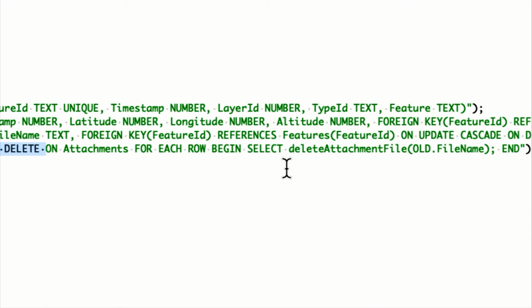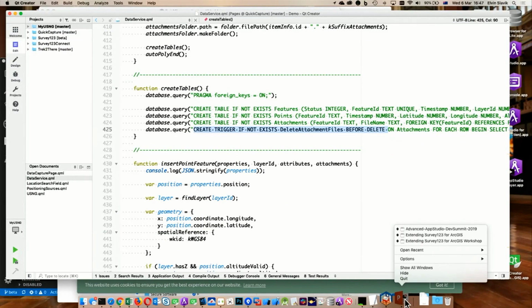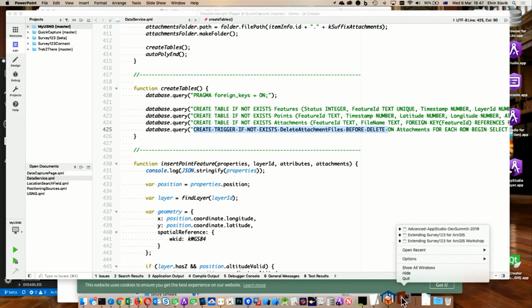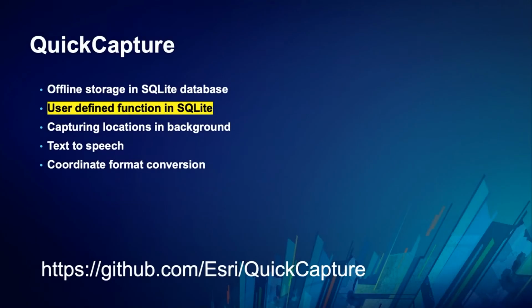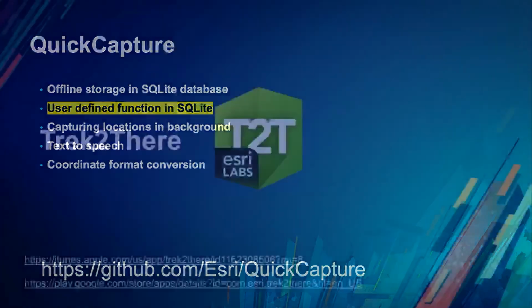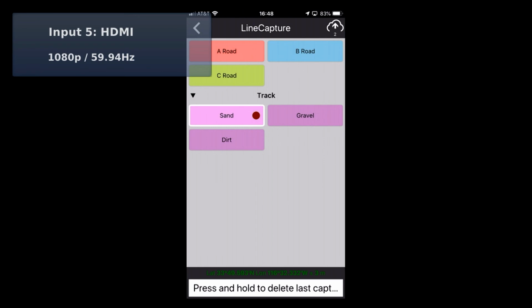I'll give you some time to absorb maybe how this stuff can get used. All right. So that we don't run out of time here, let's go back to our slides here. A couple of other apps that are out there, so let me just switch across and then we'll come back to the slides. Another app that we've got